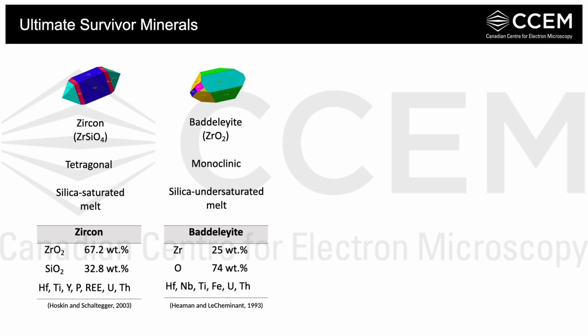And a part of the geologic record, which we can compare between Earth and Mars, are the zirconium-bearing minerals zircon and baddeleyite. These are highly refractory phases, with zircon crystallizing from silica-saturated melts and baddeleyite from silica undersaturated melts, so our basaltic magmas. Chemically, these phases are rather simple. However, they do incorporate minor and trace amounts of important geochemical tracers, and this includes uranium.